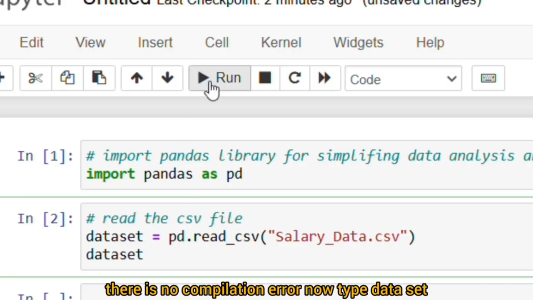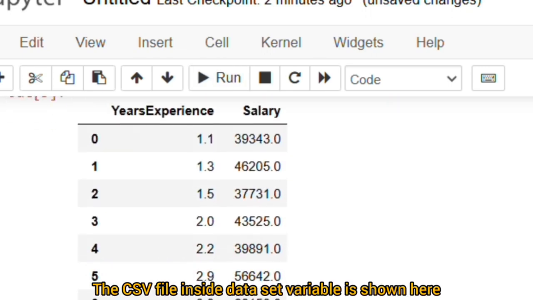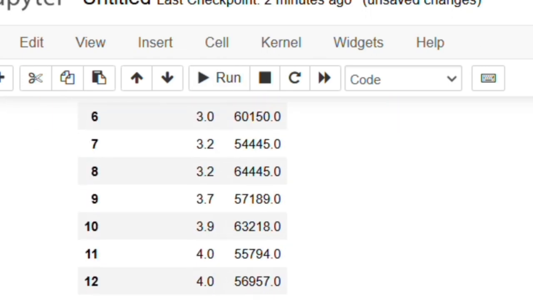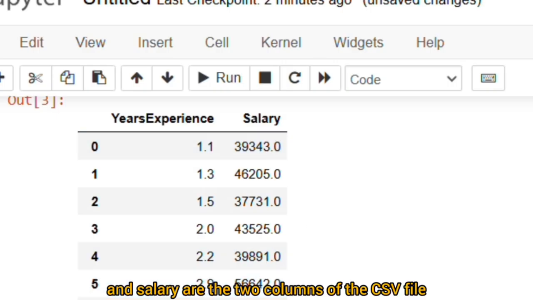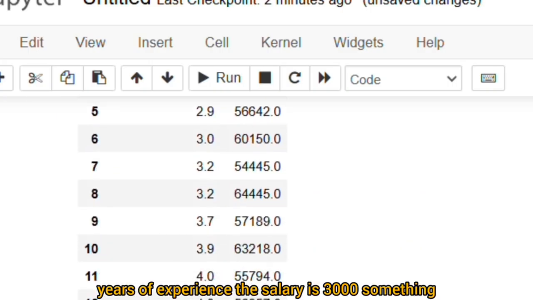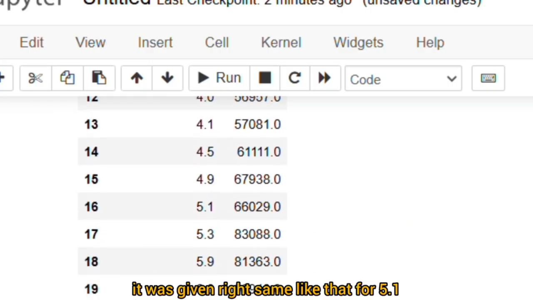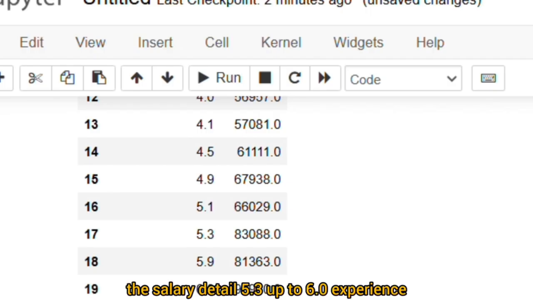Now type dataset and click the run button. The CSV file inside the dataset variable is shown here. Here, years experience and salary are the two columns of the CSV file. For 1.1 years of experience, the salary is 3000 something. It was given, right? Same like that for 5.1, the salary detail, 5.3 up to 6.0 experience, the salary details